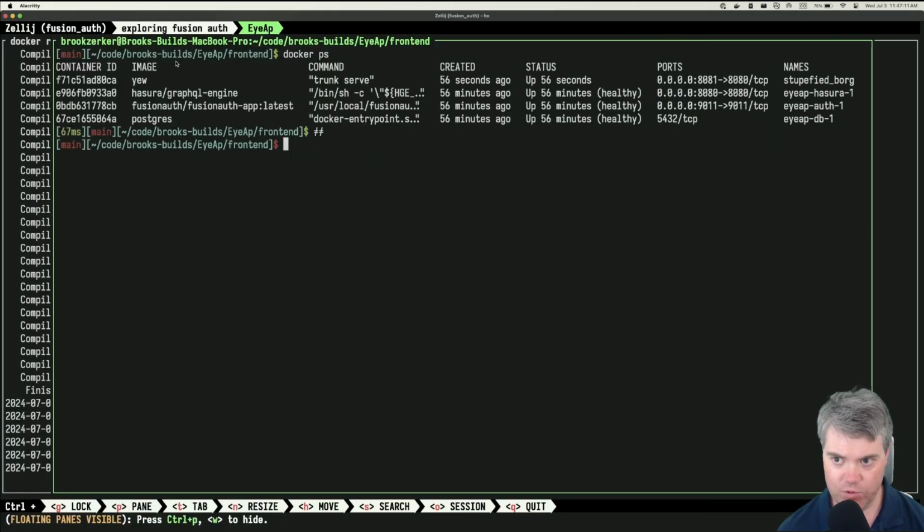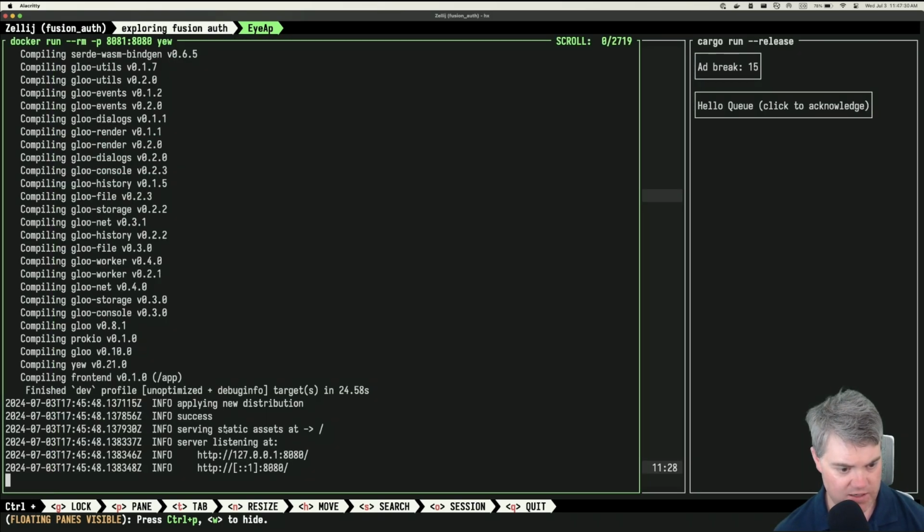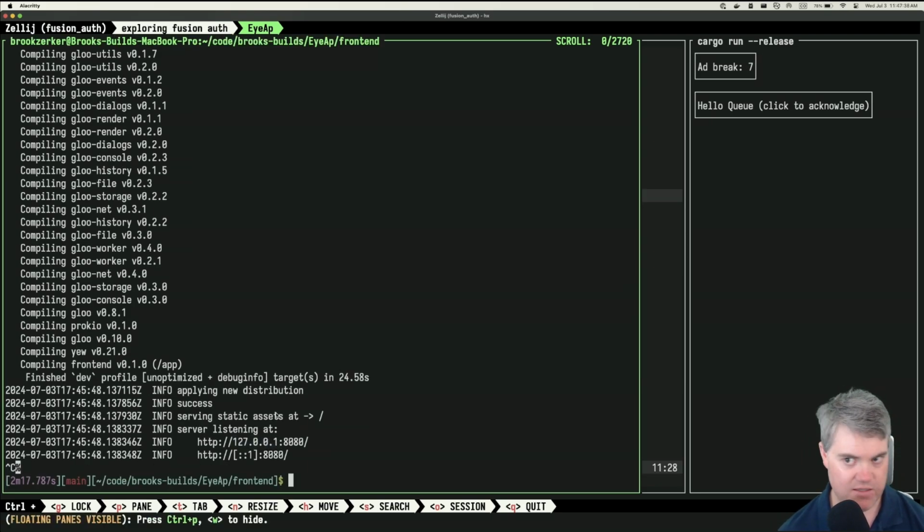Do I not want this to be port 8081, but something else instead? Yeah, and the URL port, oh, it's listening at... okay, I have to have it listen at 0.0.0.0. Okay, so I think we need to do this with a